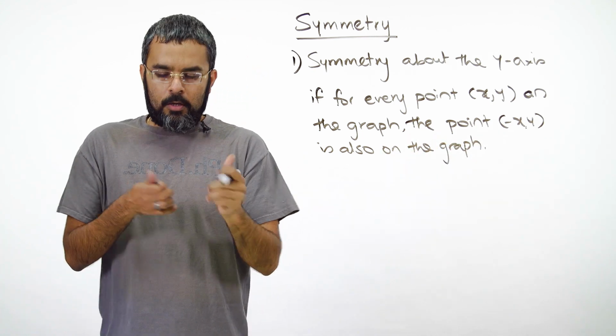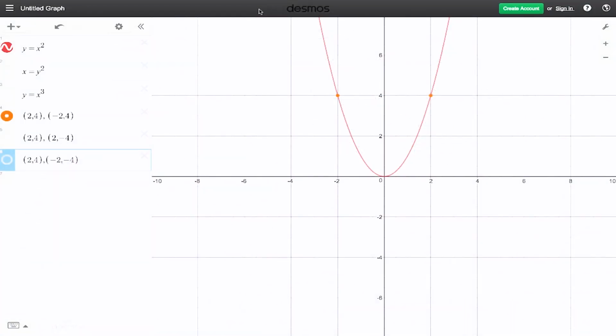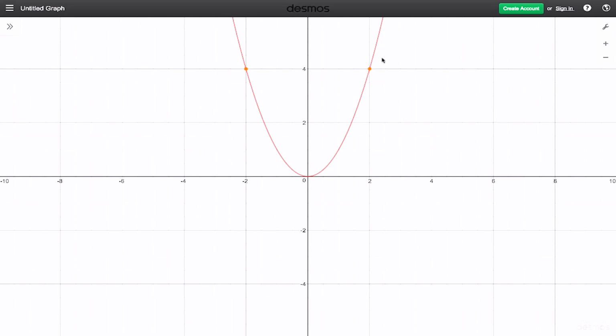So let's take a look using a software. By the way, as I mentioned before in the introductory video, this is a software called Desmos, and if you just type in desmos.com in your internet browser, it'll pull up the website. So here's the function we have here, x squared, and what we're interested in is seeing if this graph is